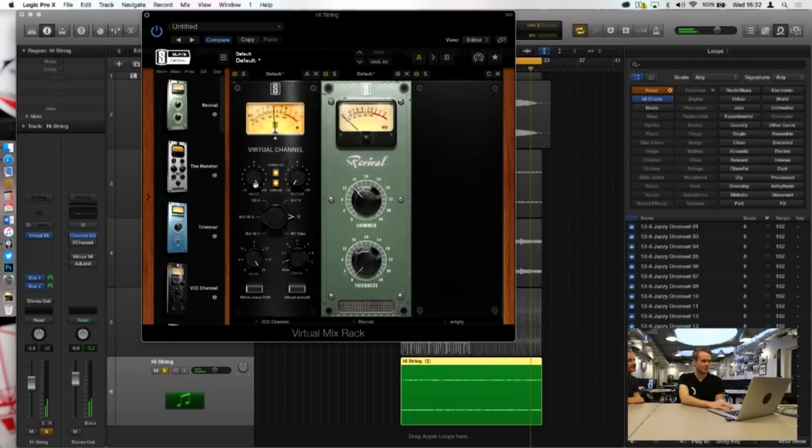And then I've given the input all the way in and drive all the way up to give it as many harmonics as possible on the strings. It's really important. And then shimmer obviously is great for strings. Go all the way up. Obviously the thickness, not really. Even all the way up, you could probably leave that on the mix because